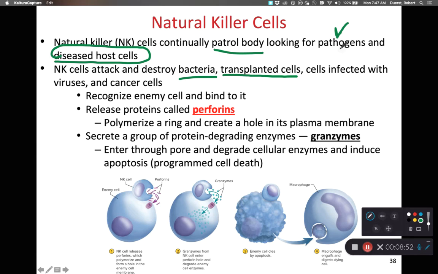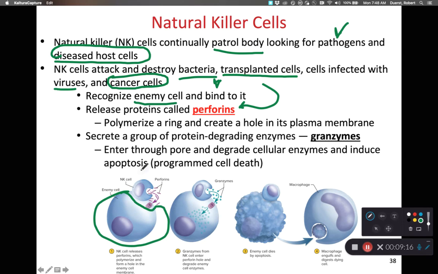Our natural killer cells are also going to destroy cells that are infected with viruses, and they will also destroy precancerous and cancerous cells. Our natural killer cells will recognize any cell type that doesn't belong in our bodies and attach to it or bind to it. After it binds to it, that natural killer cell releases a bunch of proteins known as perforins. So here's some foreign cell that we don't want in our body. The natural killer cell right here is bound to it. It releases the perforins. The perforins make a pore in the outside of the cell,